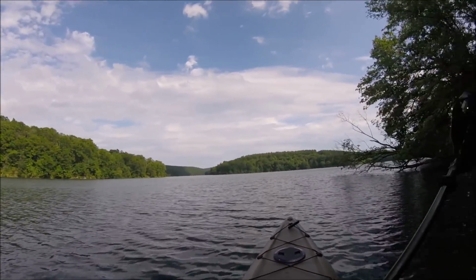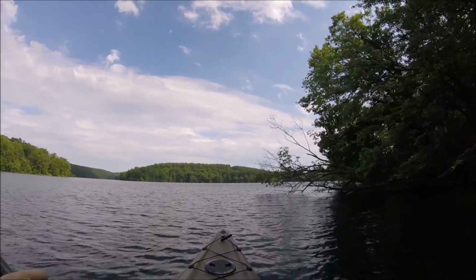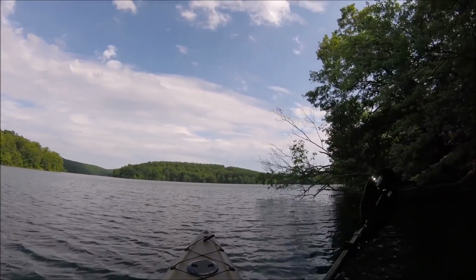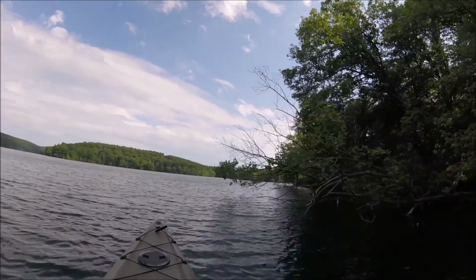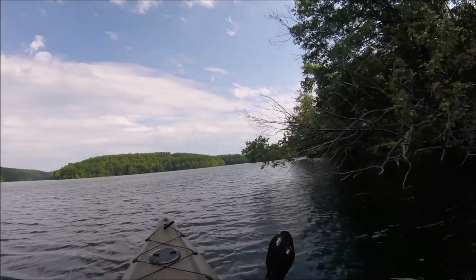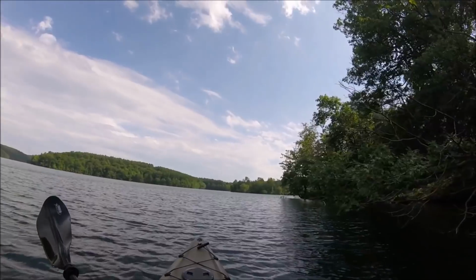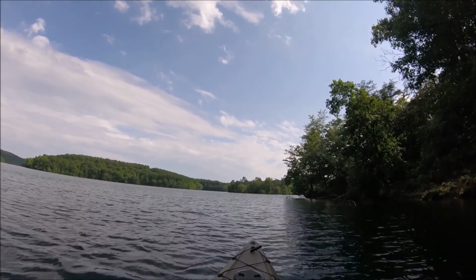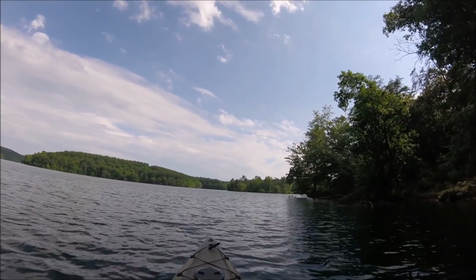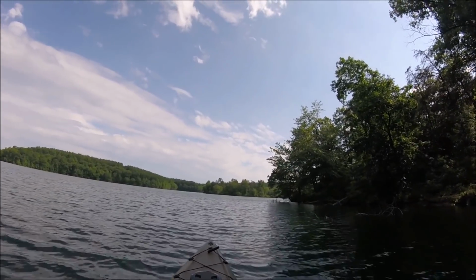Alright everybody, here we come around the bend, and as we saw when we were out on foot, the wind back here is significantly different than it was in that last cove. So instead of getting out of the wind, I feel like I just put us right back in the wind. But that little patch of land out in front of us is the island that we're heading towards, sort of. I think before we go to the island, what we're going to do is go back to where